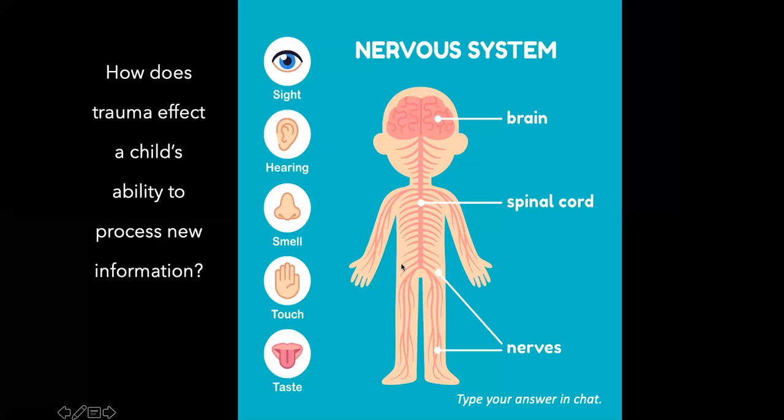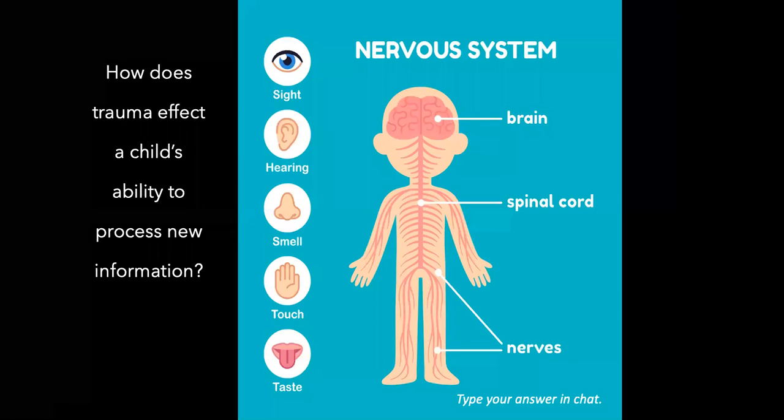So when we think about how we're processing information, my first thought as an occupational therapist is looking at our sensory system, our sense of sight, hearing, smell, touch, and taste. These are all things young children are really developing. So much of the world is new to them that they're constantly exploring and learning through sensory play. And one of the biggest things I work on with young children is feeding. So that's looking at sight, smell, touch, and taste.